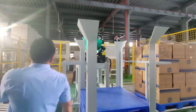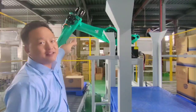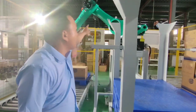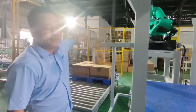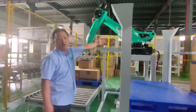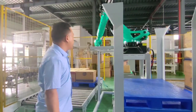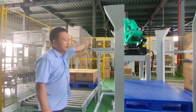And third, as you can see, our robot has 6 axes, which provides very good flexibility of motion. So you can move the boxes to not only this tunnel but also the tunnel on the left. So it has multi-function of